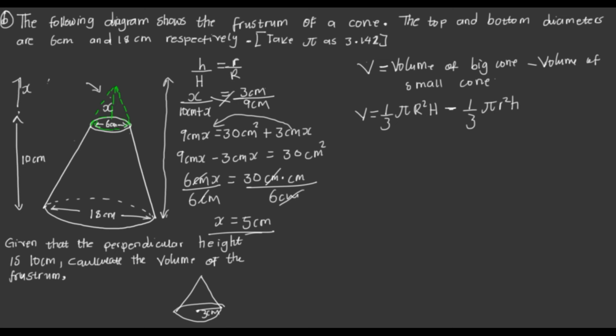So 6 into 30, we have 5 centimeters. So this means that this distance here is 5 centimeters. So now the height of the big cone in total is 15 centimeters. So we have the height for the big cone and the height for the small cone. Now the other thing that I can also look at, if we don't want to use the